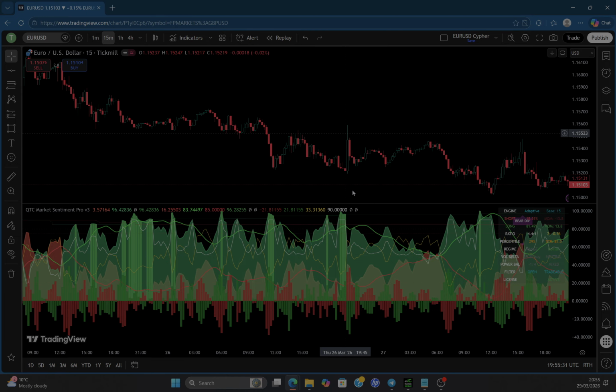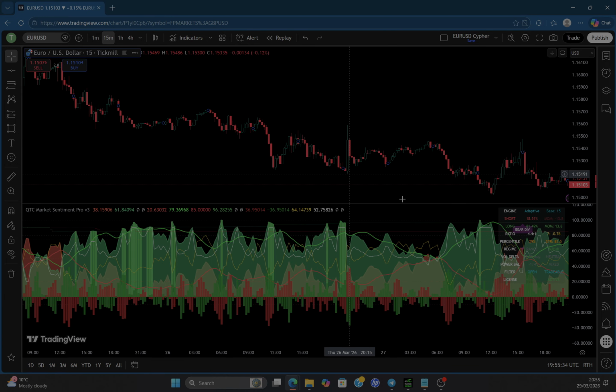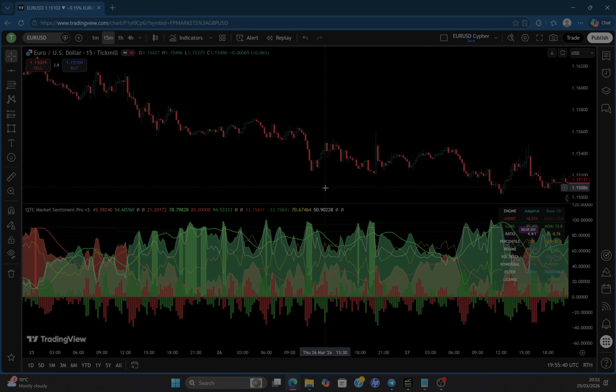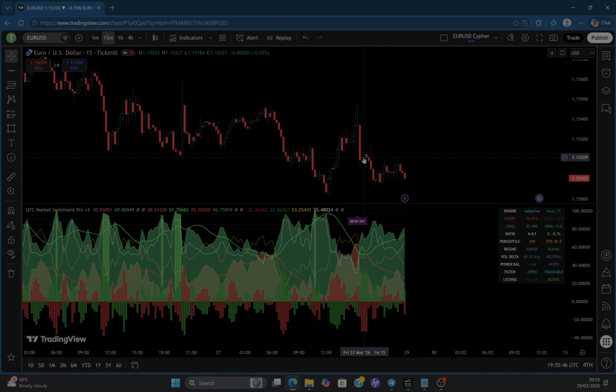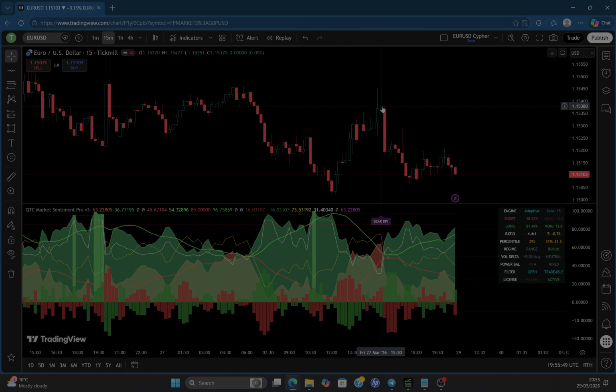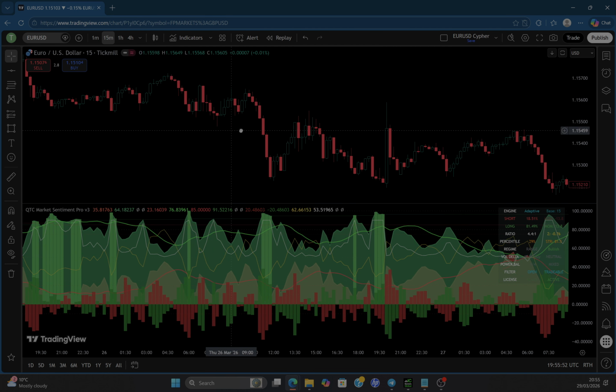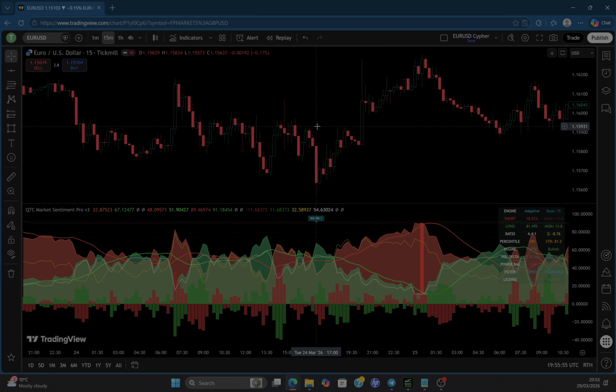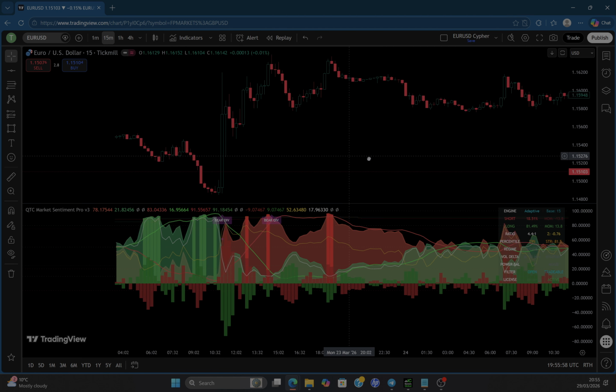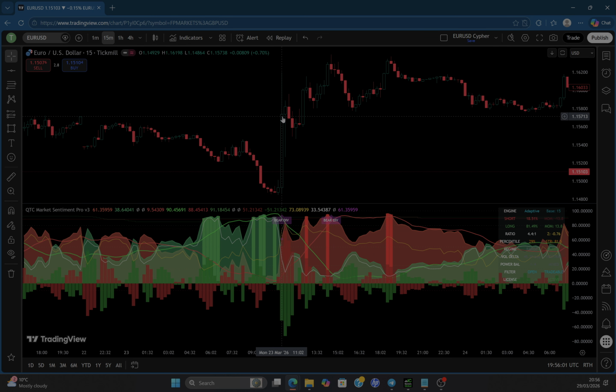I'm just going to show you a few more examples of the signals on EURUSD. If we get one, here we go. We've got a sell signal here. If I scroll back, we've got another buy signal here, which is a divergence, and we've got a sell in here. We've got another sell in here. So this sell is a loss. It's a stop loss if you sell here, but if you don't read the sentiments down here,